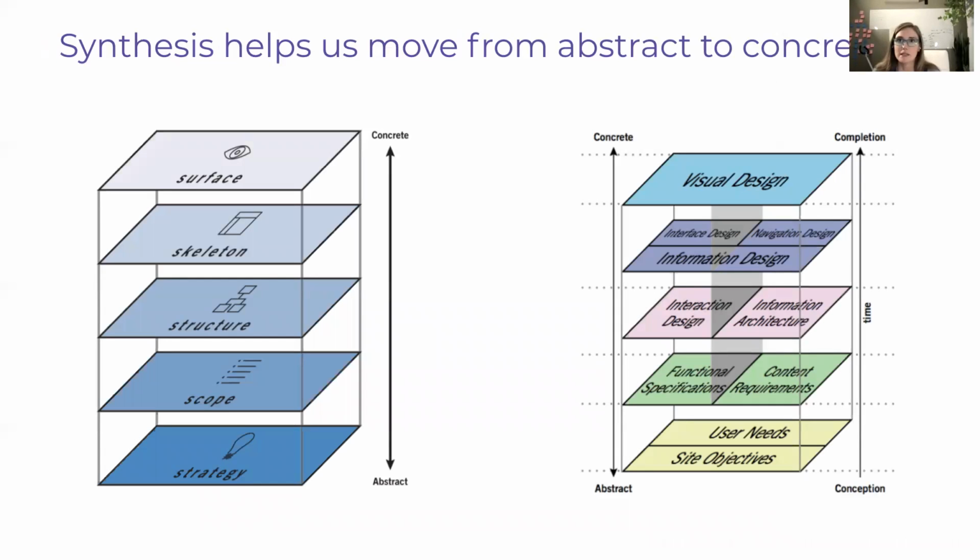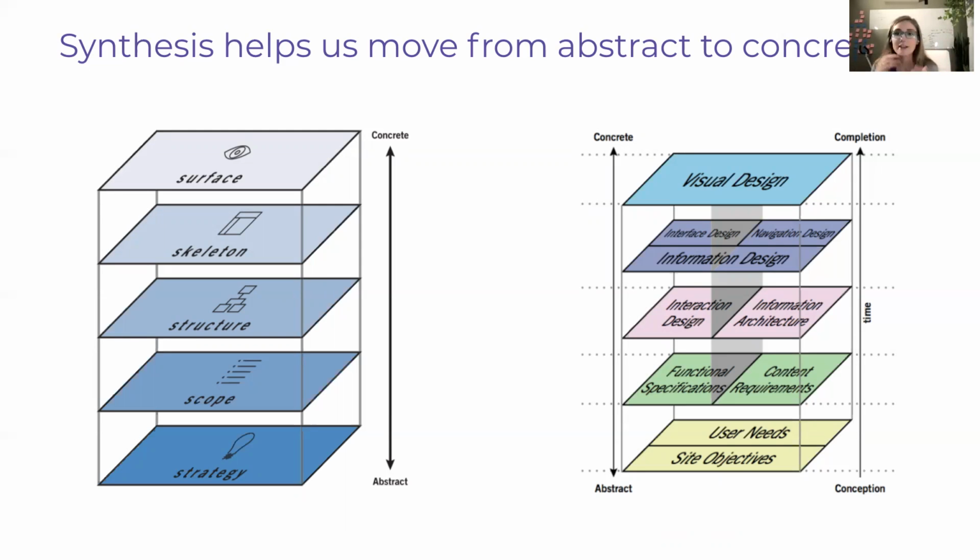Another way to think about synthesis is this idea of moving from a really abstract space, where we have this problem, a big, fuzzy, nebulous cloud of a problem. We're not quite sure what it will ultimately look like, what the end result will ultimately be. Synthesis allows us to go from this strategy space, which is very abstract, this problem space where we're still trying to figure out what the user needs are, and move to a place that is more concrete, going through the scope, identifying those user needs, figuring out those initial requirements,